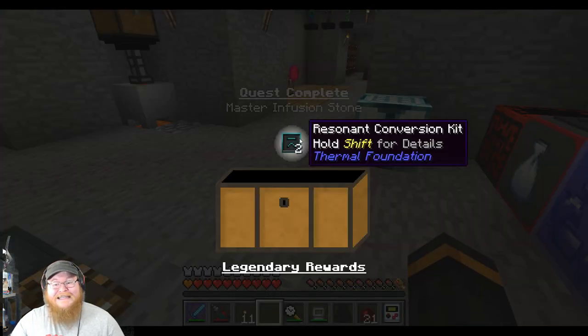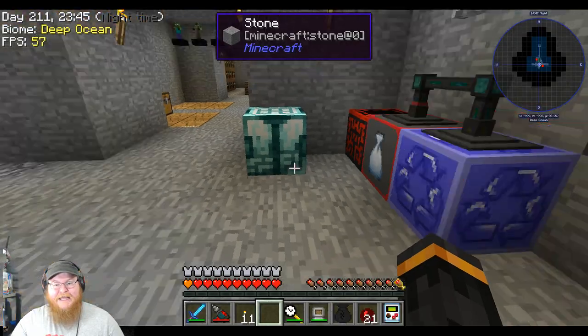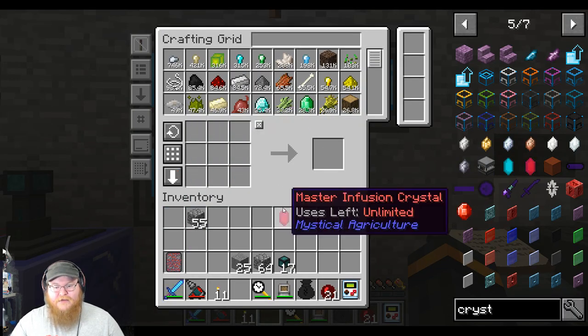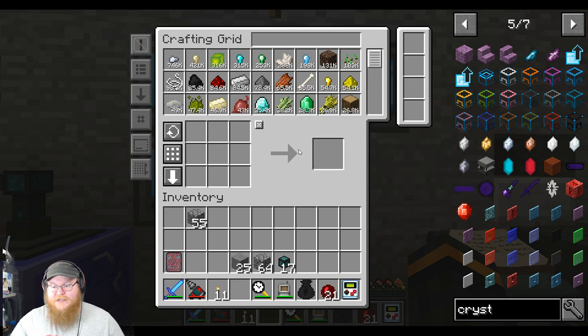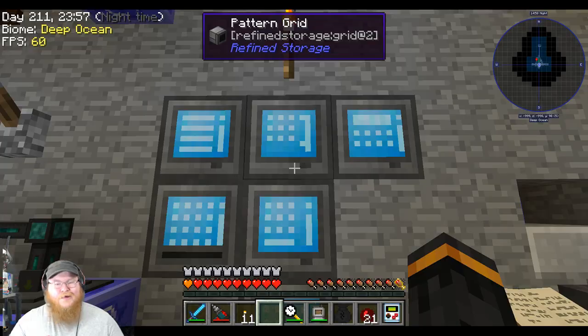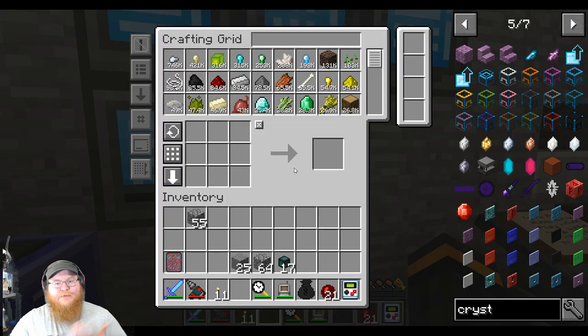Ooh, 2 Resonant Conversion Kits. Ooh, that's a really good one. That keeps me from having to do that in the future. Alright, so we'll put that in the system for later uses. I may even teach the system how to make those. I don't know if we'll need to, because I may even have to set it up in a thing, because